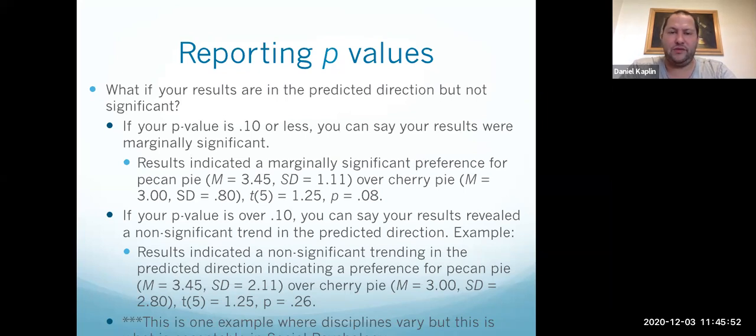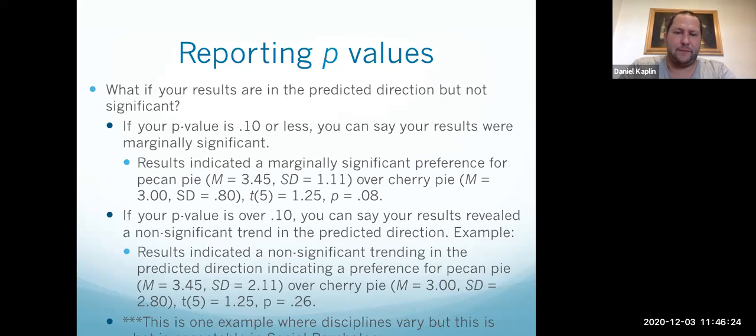I happen to be trained by a statistician who said it's either statistically significant or non-significant, and some of the things I'm teaching you now would not fly in his class. But anyway, there's a term, marginally significant. So if your p-value is 0.10 or less, but not yet statistically significant,